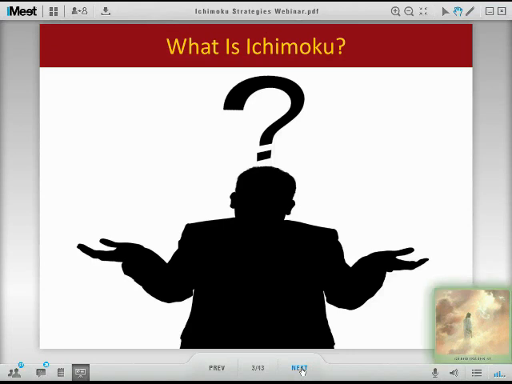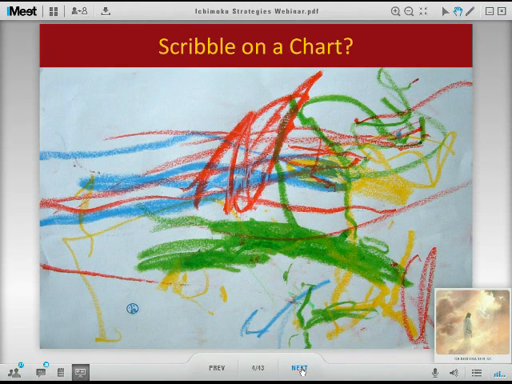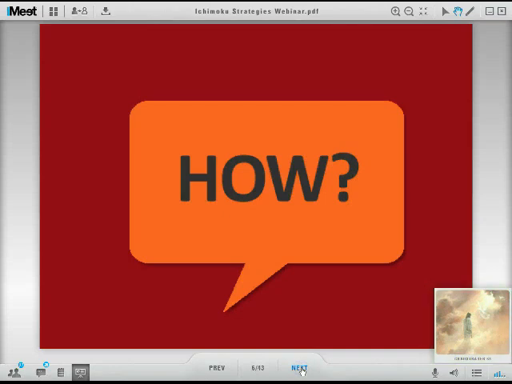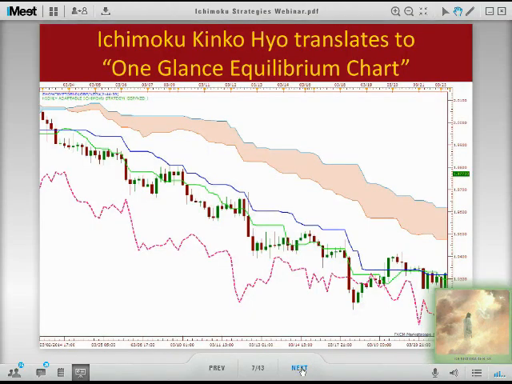All right, so what is Ichimoku? Ichimoku is scribbled on a chart. To some people, it may look that way, but actually, it's order on your chart. And you're probably asking, how is it order on the chart? It looks so messy. Okay, well,